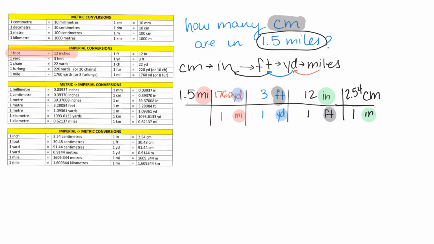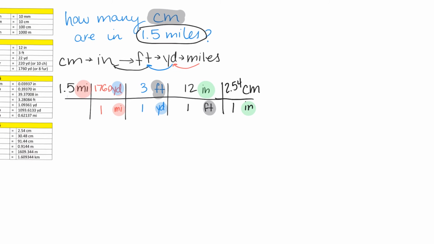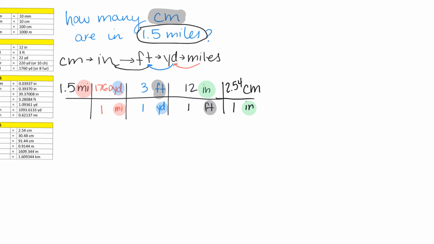Now, we are going to multiply everything across the top. And then we're going to multiply everything across the bottom, and we're going to see what we get. And we're going to be like, okay, here we go with our calculator. Ready? We've got 1.5 times 1760 times 3 times 12 times 2.54, and we get, oh my good lordy,